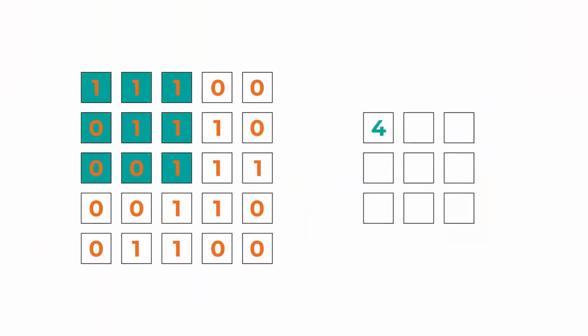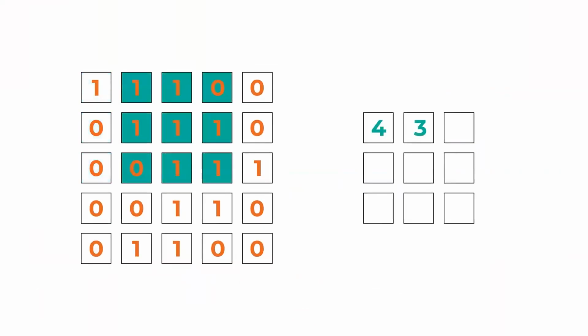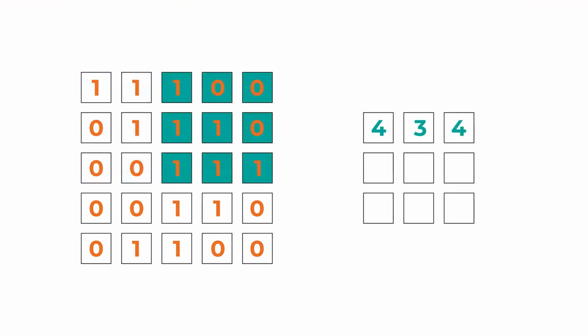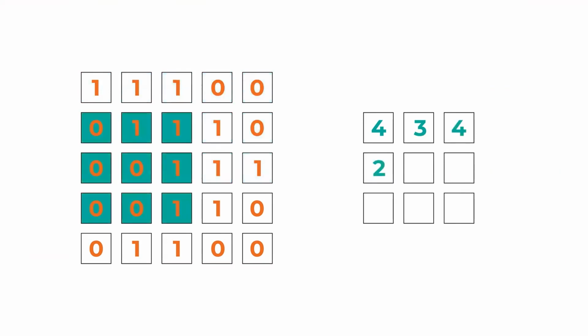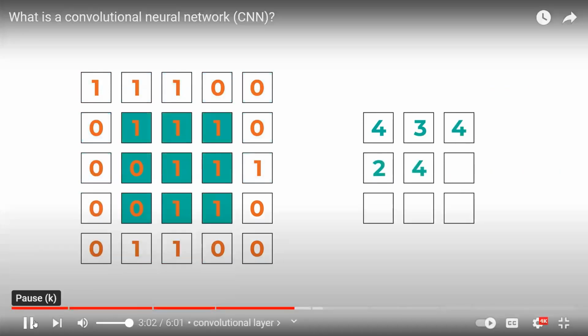The convolutional layer is the most important, so let's start there. It works by placing a filter over an array of image pixels. This then